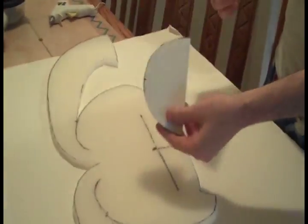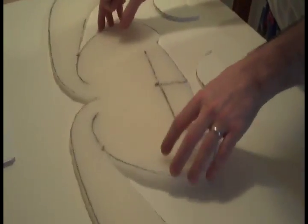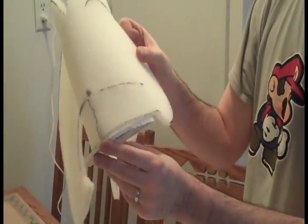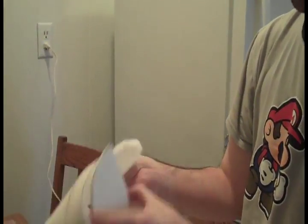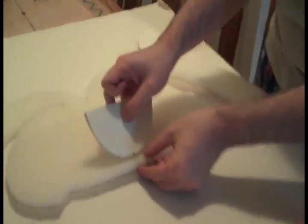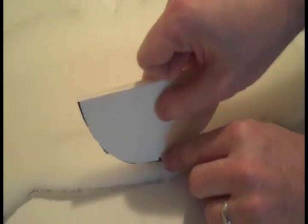Okay, so now you can see I've cut out the two mouth plates out of the foam core. Now I'm following the instructions, and it looks like this is the head and it folds like that. So this is the upper lip. This is going to be the upper mouth plate, like our inner palate. And it says you put it about 1/4 of an inch in. You line up the center mark there with the center there, and maybe 1/4 of an inch is maybe about